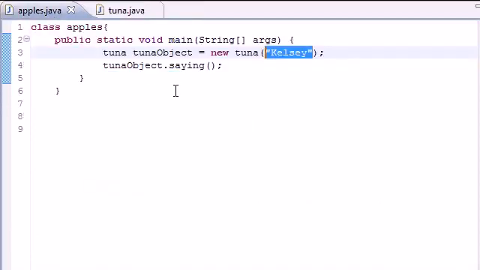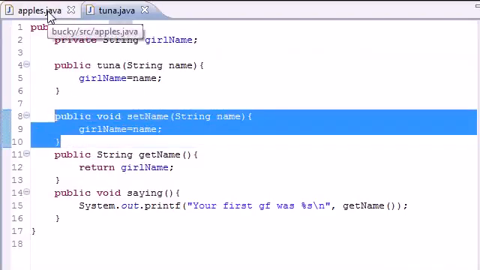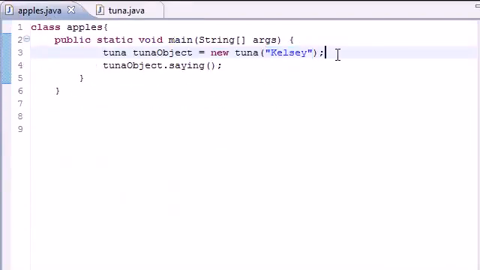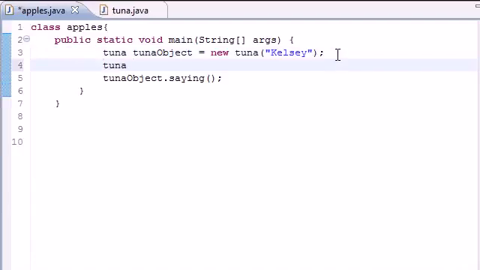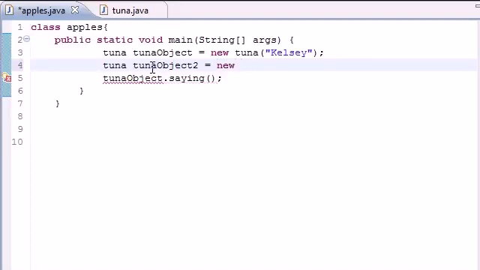So if you're saying, alright, why is building a constructor even remotely useful? Why couldn't I just leave those empty like before and use this little method right here later on? Well, say you had more than one object. So say you had another object called tuna object 2. And another thing I want to point out, I don't know if I told you guys this before, but every time you have an object, it has its own set of variables. So for example, say you have something in this one called Nicole. That was the name of my second girlfriend,